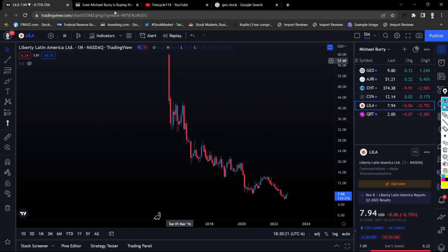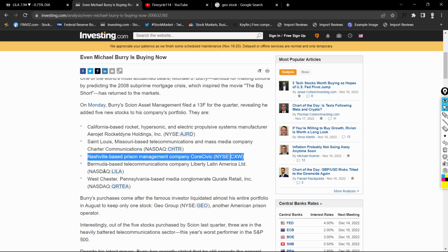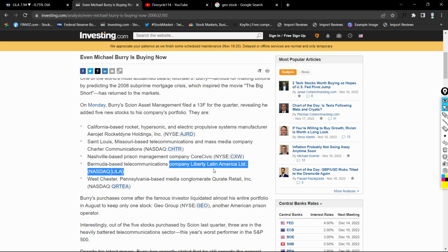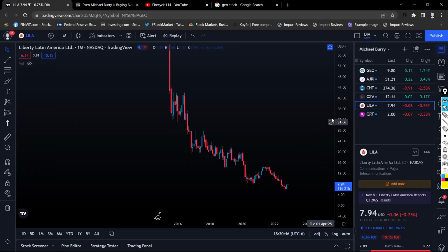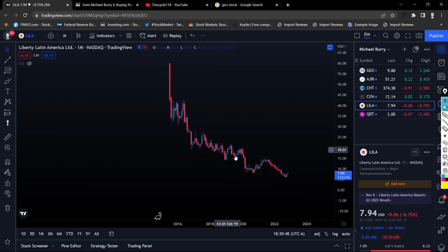The next stock that Michael Burry bought this week is a Bermuda-based telecommunications company. So another telecommunications company, and to me it just looks like Michael Burry is investing into prison stocks and telecommunications. So this to me looks very interesting on what sectors he is looking at. And if we take a look at the monthly time frame, it has been a very beaten down stock. It is also a lot more affordable, sitting at